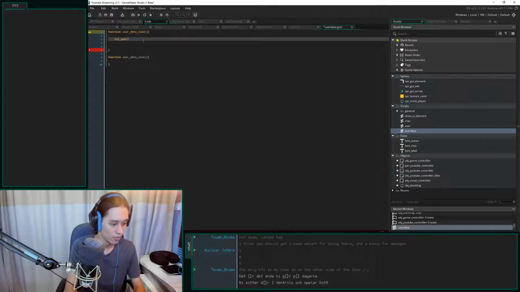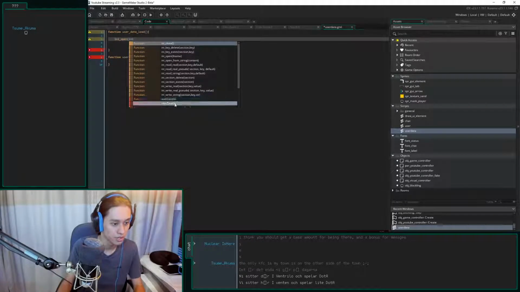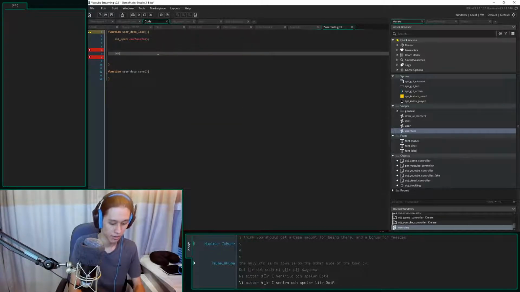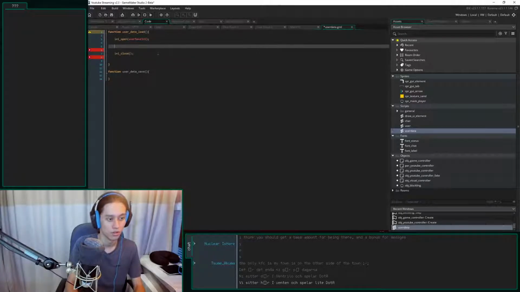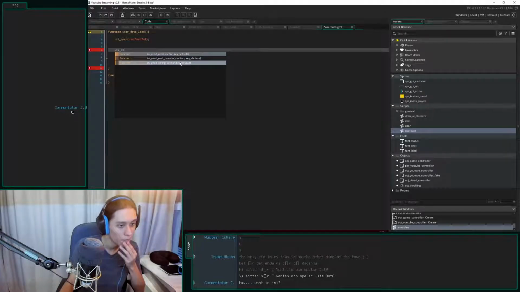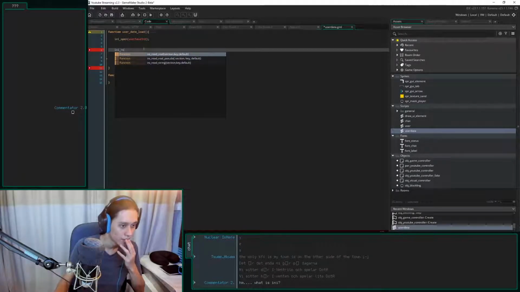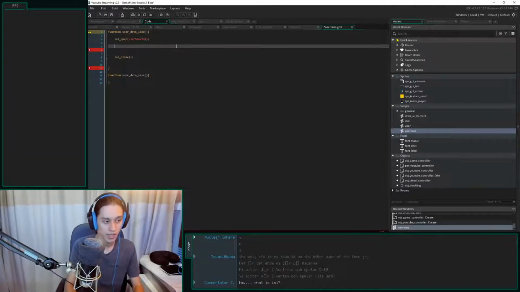Let's say I open, what am I opening? I am opening the INI. Where is it? User save INI. Then we INI close. INI read. Oh, because I need a key. I need to give it a key. So how about we give it a key of 0, 1, 2, 3, 4, 5, 6, 7, 8, 9, 10.